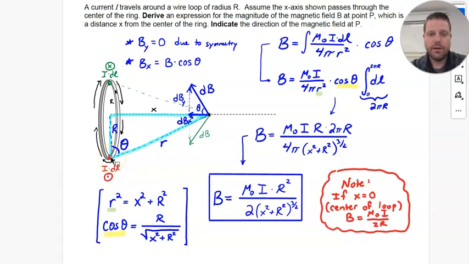As always, in order to figure out if this is cosine theta or sine theta, I need to make a right triangle, and I'm going to use those spatial dimensions, x, capital R, and lowercase r, to define my sine theta and cosine theta, and also to define the r since it's not given. I can see here, due to this one that's going up and to the left, the B field, and due to my top one that's coming into the page,